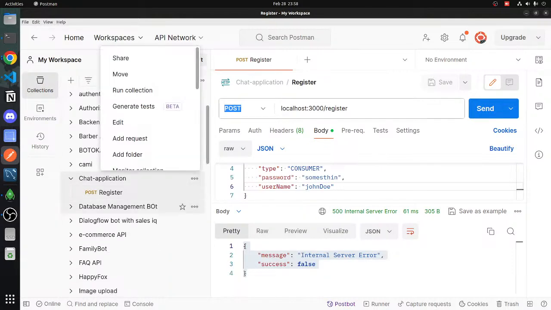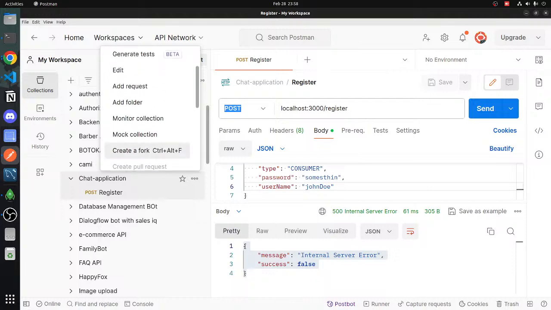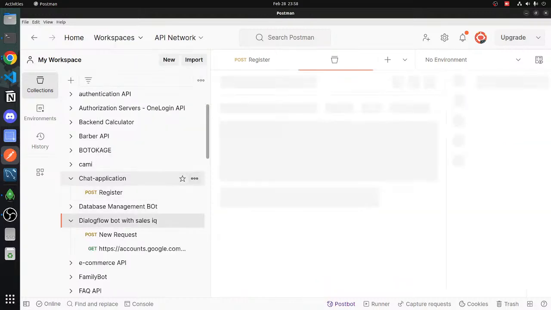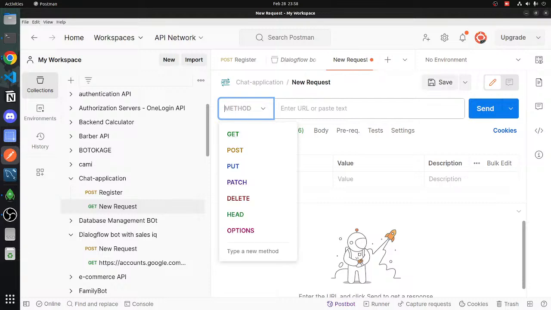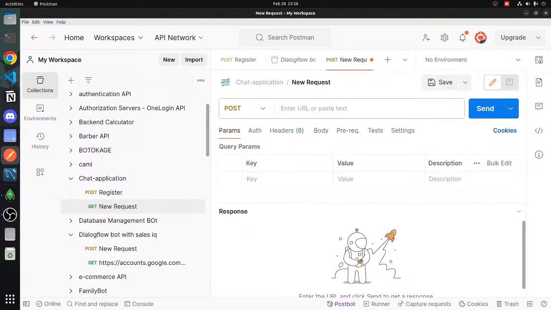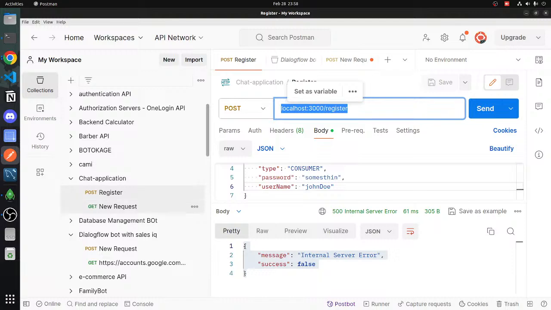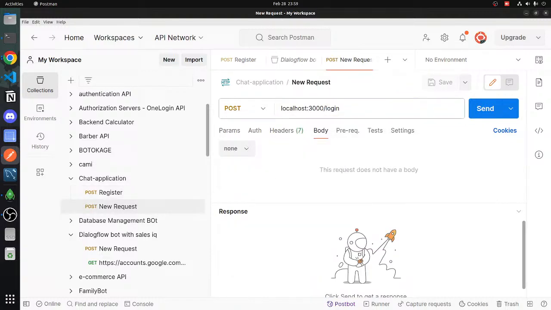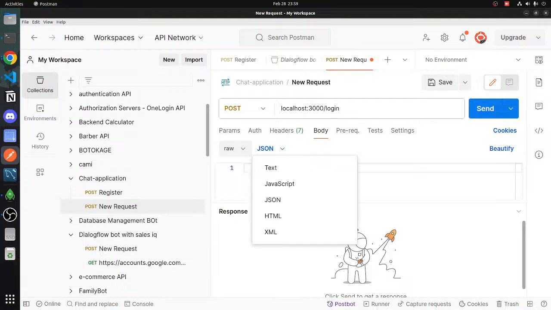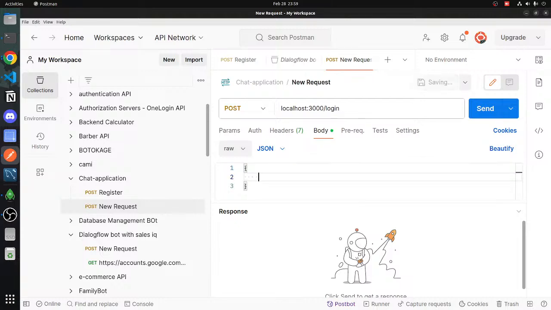Okay, and just create a new request. Where is that request button? Yeah, and it's a POST request. Good, and then register here, and then login. Now inside the body, we want to send JSON which will have a username, and then username is